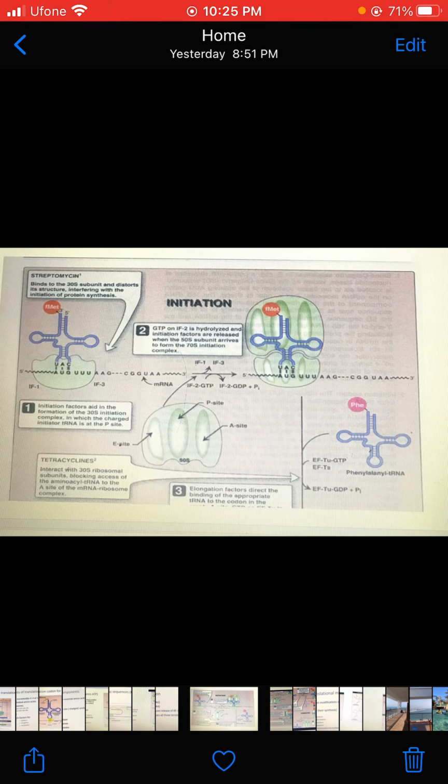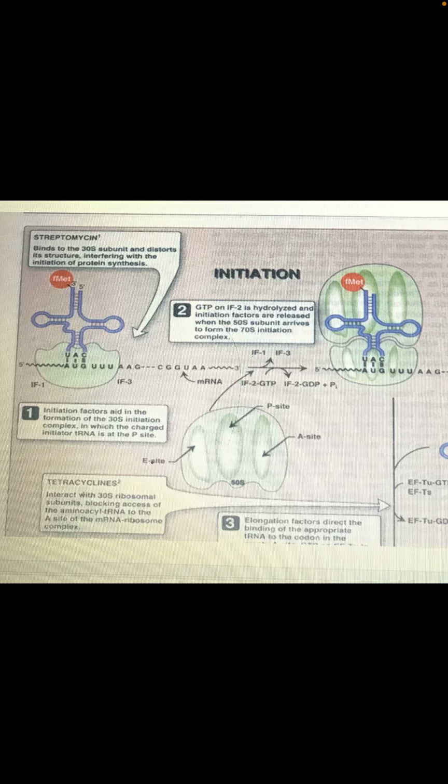So streptomycin is the first drug, and the mechanism of action of streptomycin is it binds to the 30S subunit and distorts its structure, interfering with the initiation of protein synthesis. So what is the mode of action of streptomycin? It is going to bind with the 30S ribosomal subunit. If its structure is like the 30S subunit, then it is going to inhibit the initiation of translation. So overall growth of bacteria should be